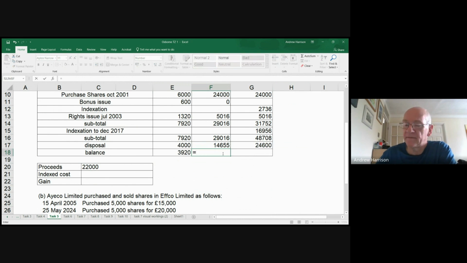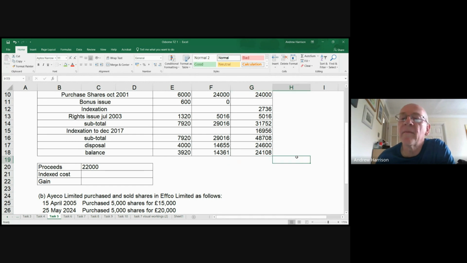And then that will be 29,016 minus 48,708 minus our 24,600. The only problem is here, that makes the cost 24,600 when they physically cost 14,655. So the rule here that is being tested